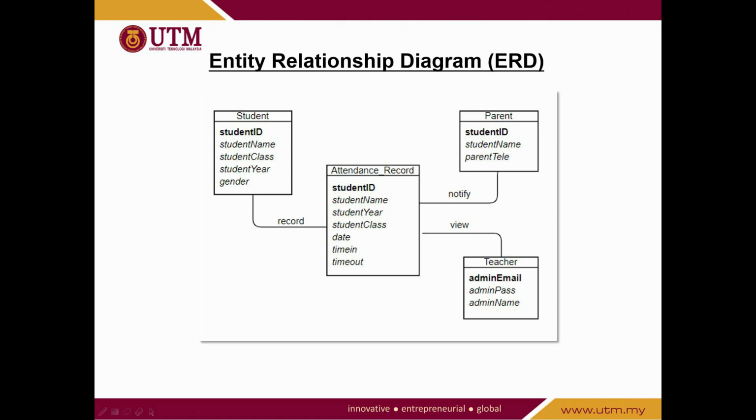There are 4 main databases that will be created in this project. Firstly, student will contain data such as student ID or the card access, student name, class, year and gender. All this data will also be shared into the attendance record, as when students scan their attendance, their date and time in will be recorded when they arrive in school. Students also need to scan their attendance once again when they leave the school to record their time out.